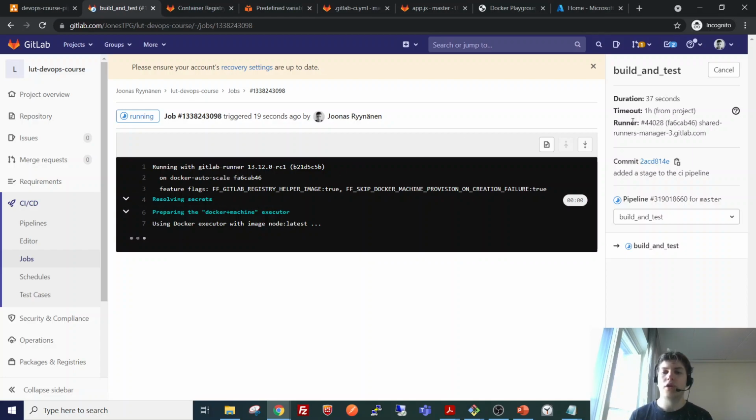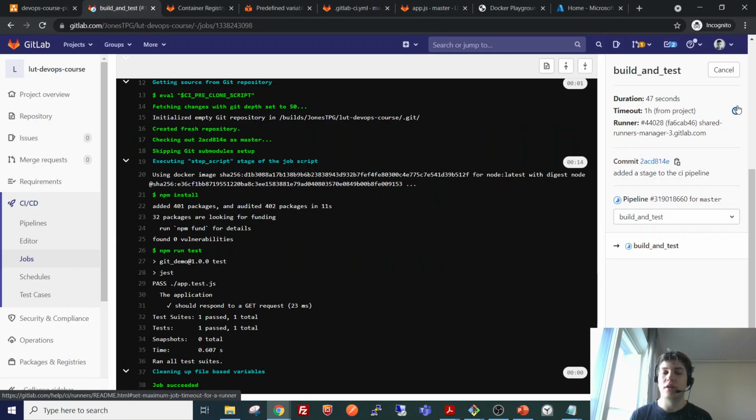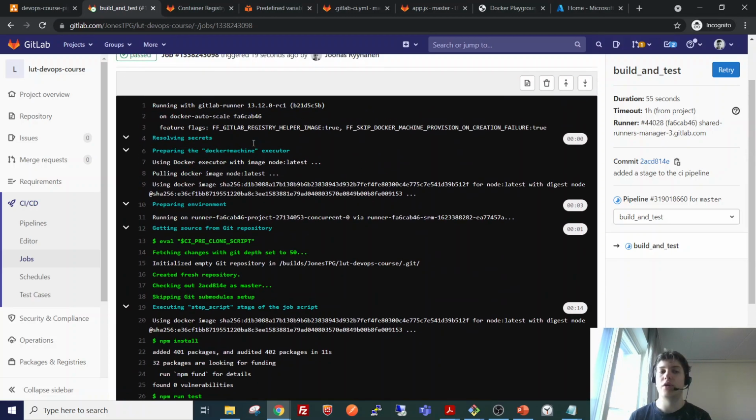Here on the right we can see that we are using runner 44028, which is one of GitLab's cloud runners. So when we create a commit that triggers this pipeline, it will be run on a certain GitLab runner instance.